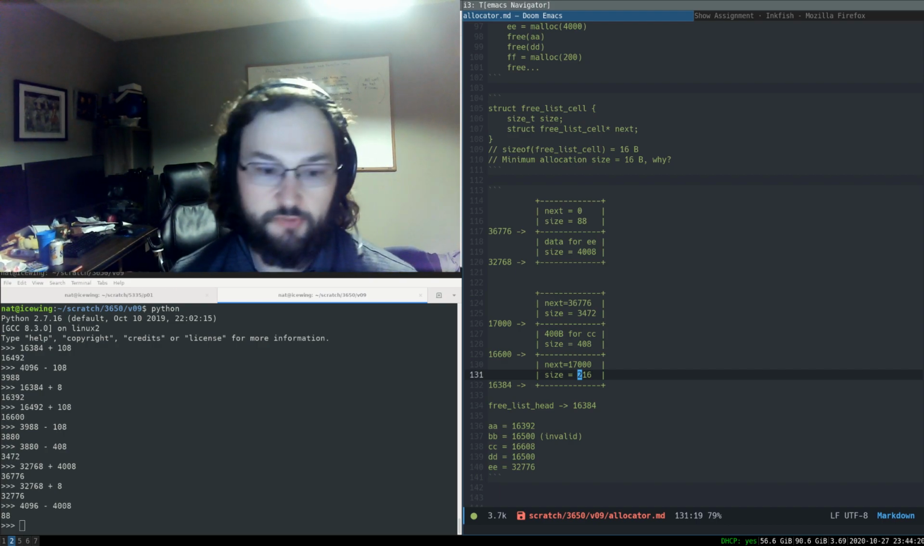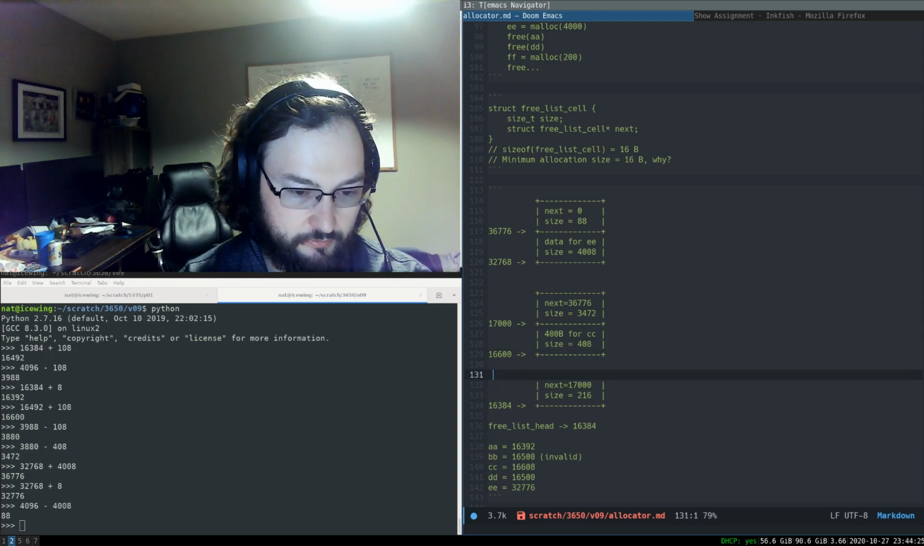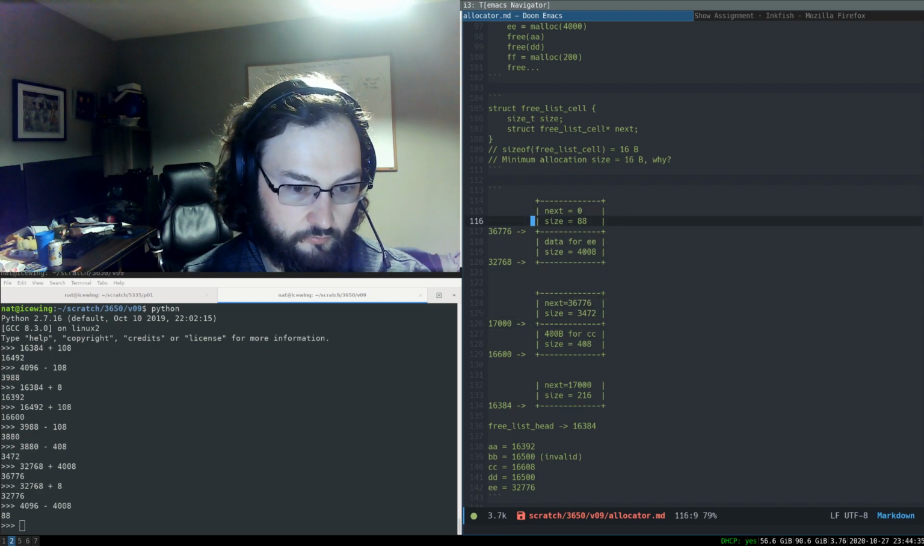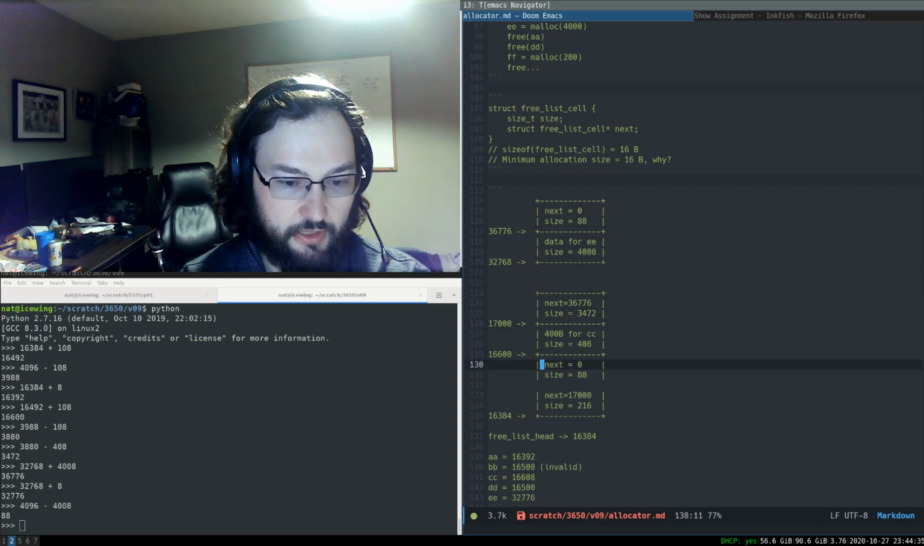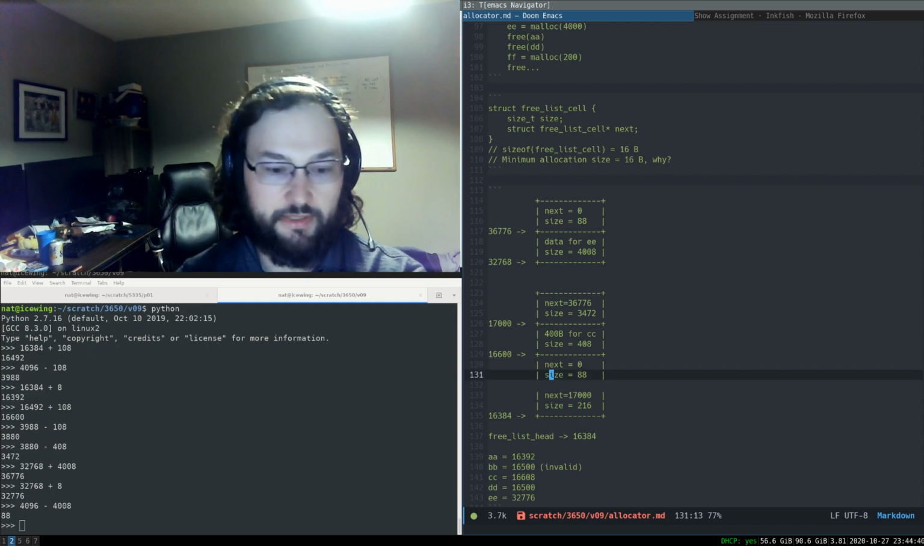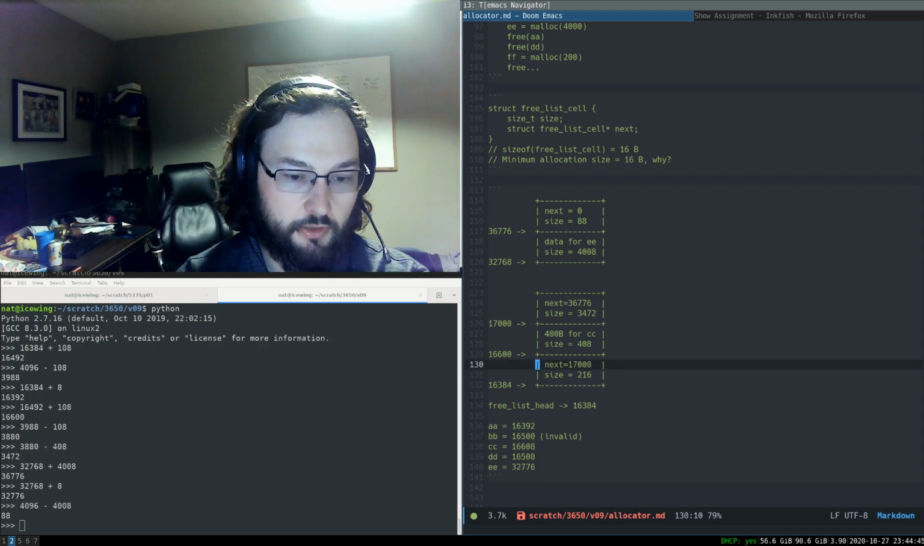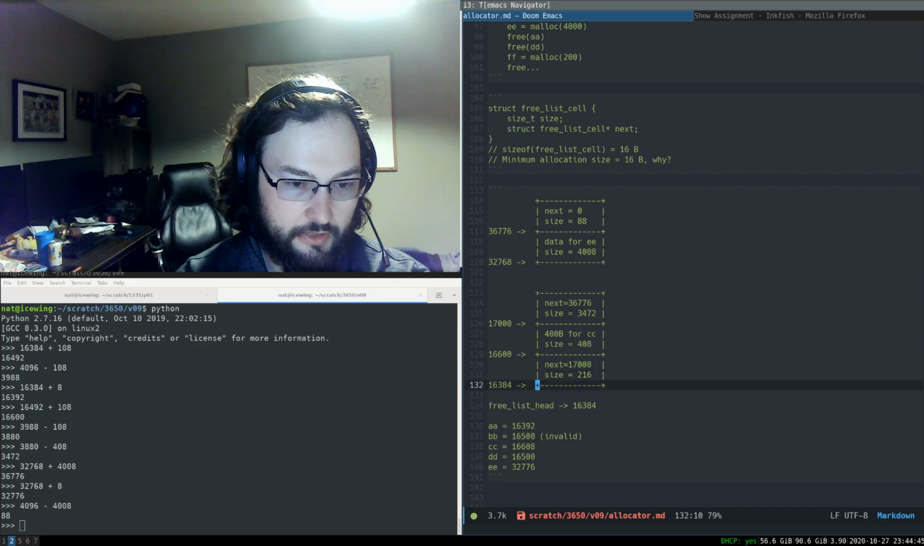We can't put a block of size 8 back on the free list because if we tried to, we would try to put these two fields in. The next field is 8 bytes, the size field is 8 bytes. We only have 8 bytes to put it in. It won't fit, so that doesn't work. So what we end up having to do is set our free list to be